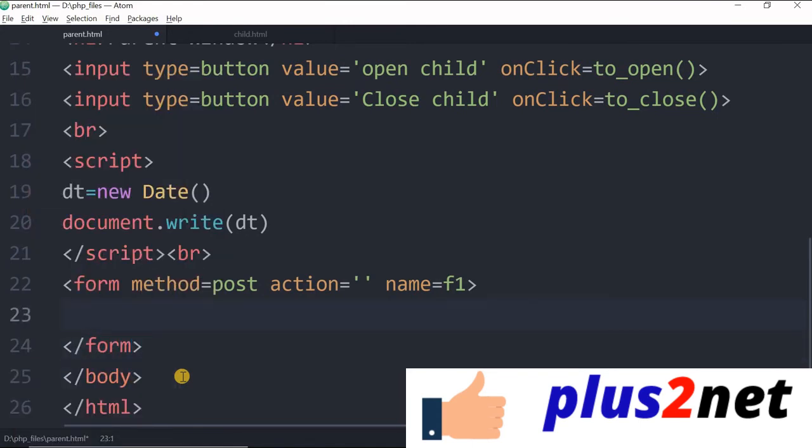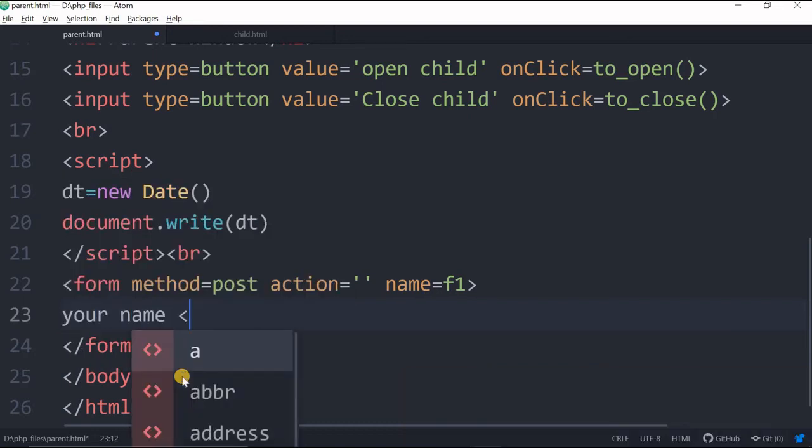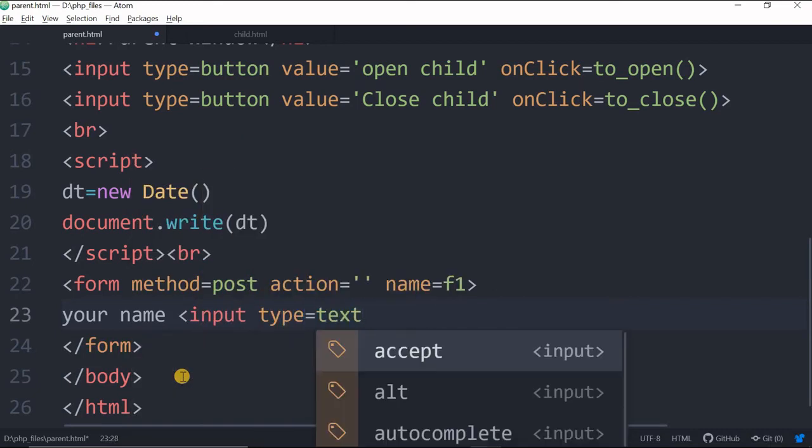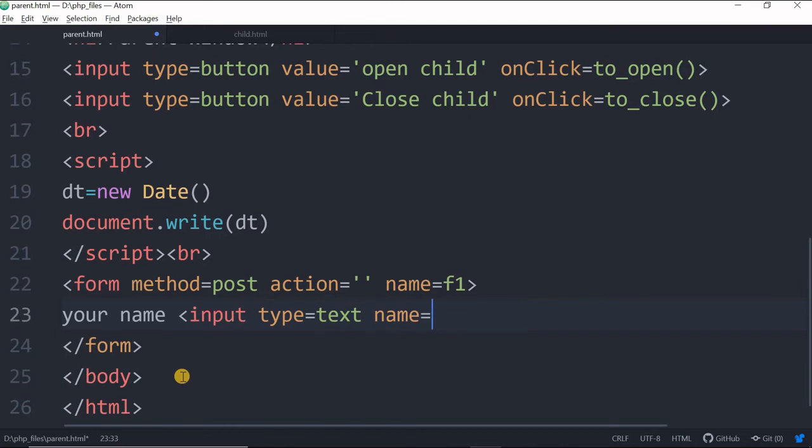Inside that I will give a label, your name. Now input type equal to text, name equal to p name, it's a parent window, sorry, pname. You can give anything, size let's say 10. Fine. So now this is okay.